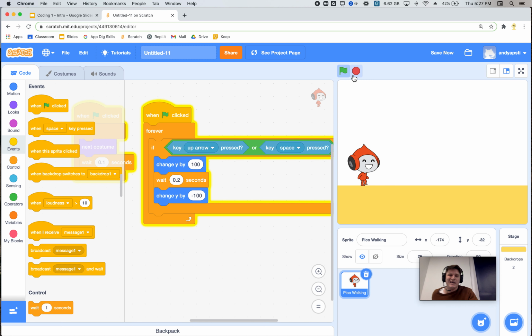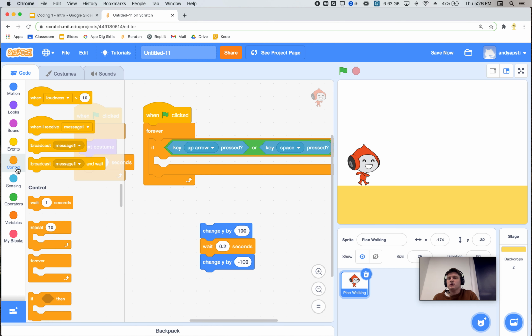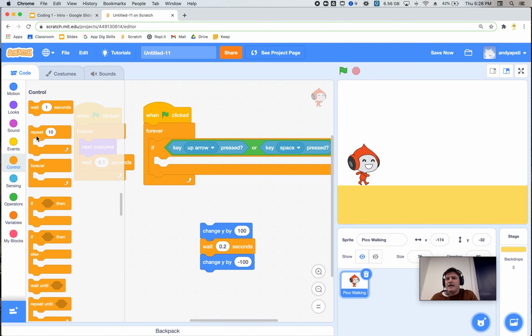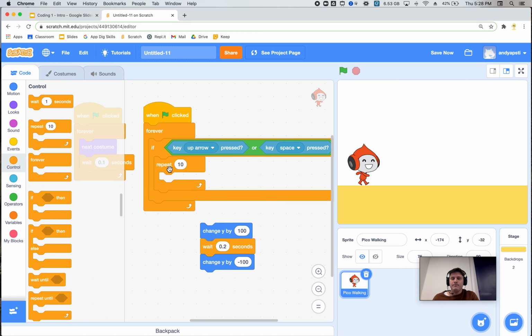So what we can do is use another repeat loop to make our code look a little bit nicer. So I'm going to click stop, and I'm going to take my code out of here. I'm going to come back to controls on the left. I'm going to add a repeat certain amount of times loop. Now this is great for when we're animating a character, whether you're doing a story or a game. The repeat 10 times means that we animate our character in increments. And so what I want it to do 10 times, and I'm actually going to use 2 of them,